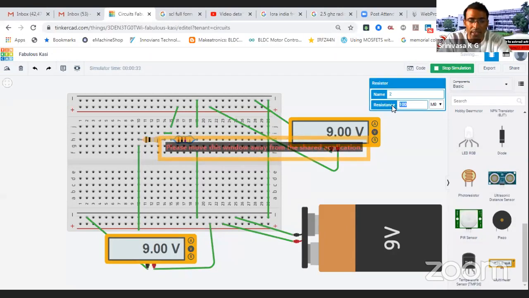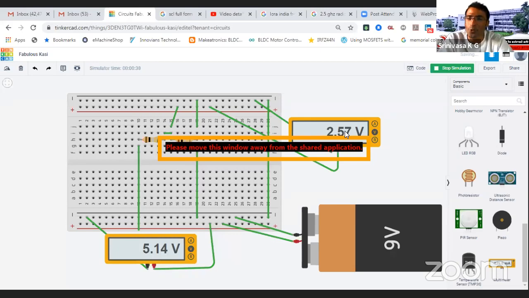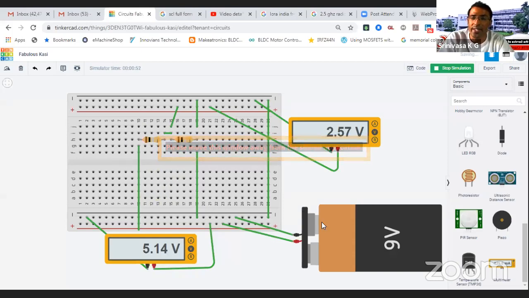So I'm making it 1 ohm. Yes, now you can see the output is coming 2.57 and the supply voltage gets dropped because the resistance value is very low and the circuit becomes like a short circuit,